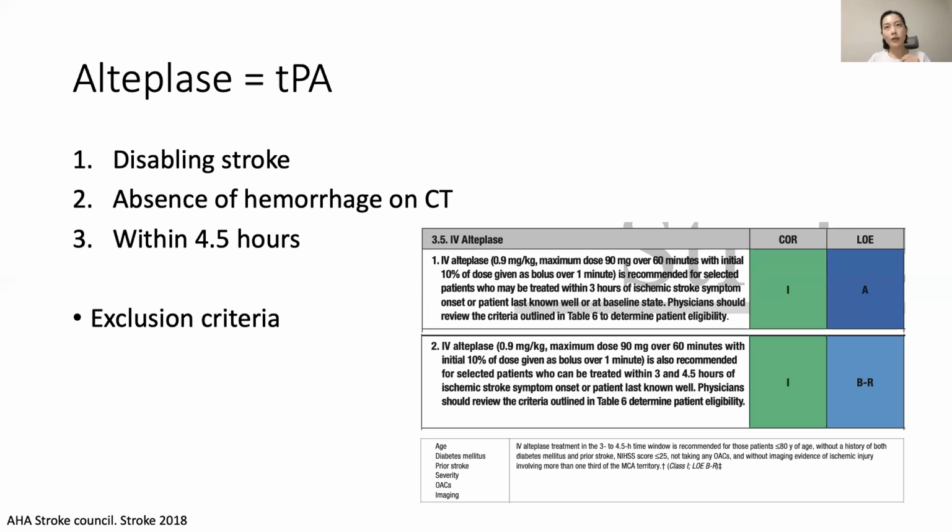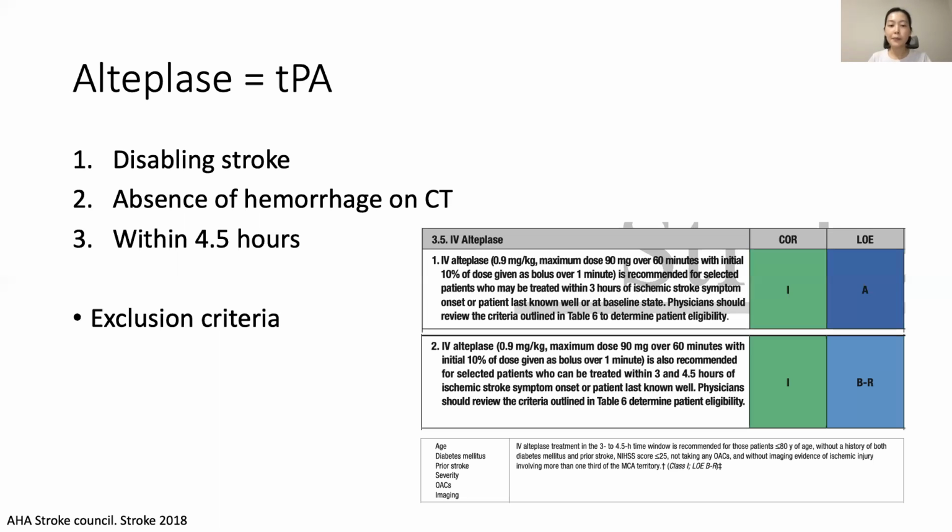Initially it was approved for within 3 hours, and then there were clinical trials that proved safety and efficacy for up to 4.5 hours. There's a few additional criteria that I put in small letters here because we don't really pay attention too much to that additional exclusion. Like if a patient is over the age of 80, we would still give TPA if they're having a disabling